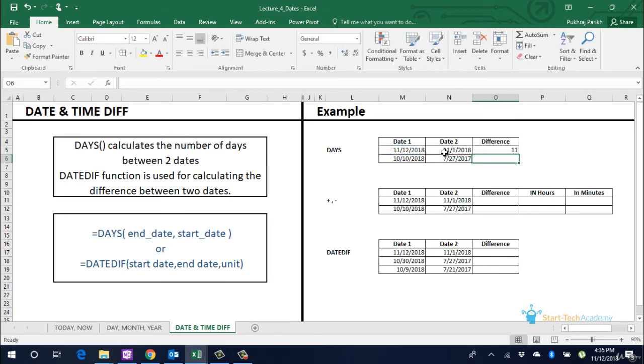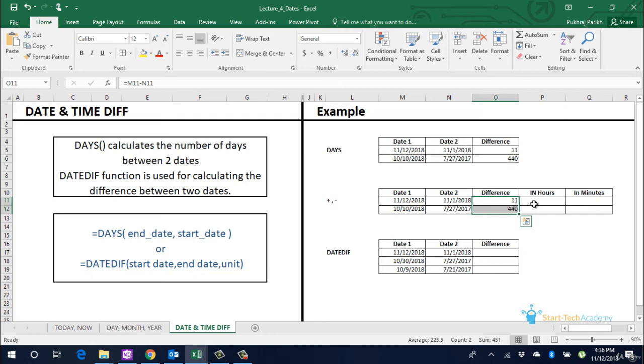We can see that between 12th November and 1st November there is a difference of 11 days. Similarly, for the next case, there is a difference of 440 days. You can also do this by simply subtracting the two dates. You can see it is giving us the same result.